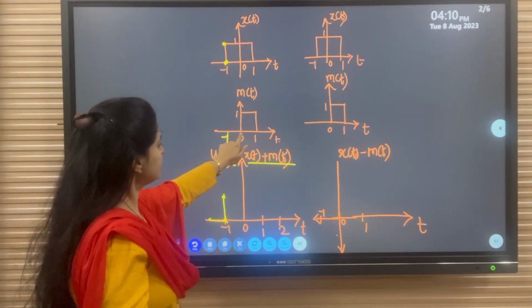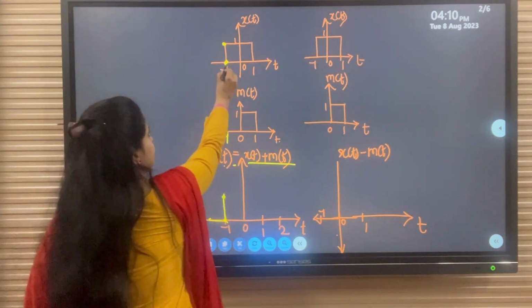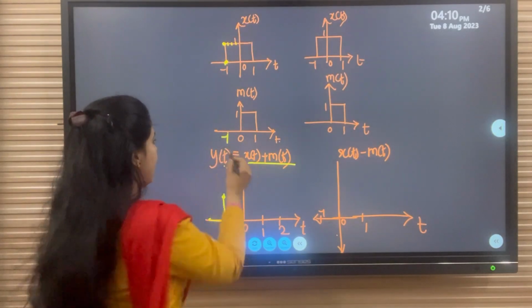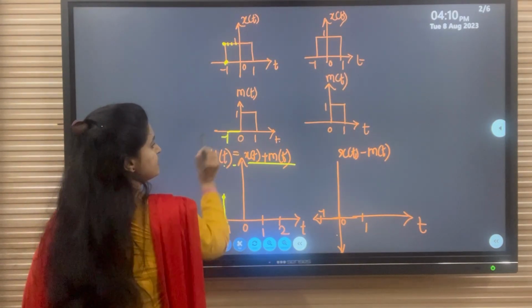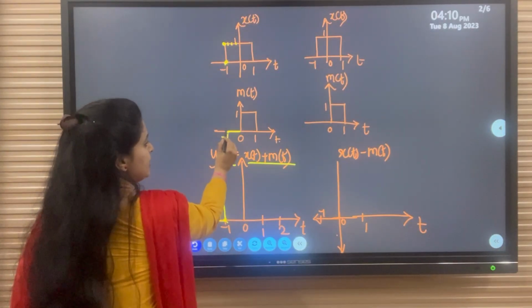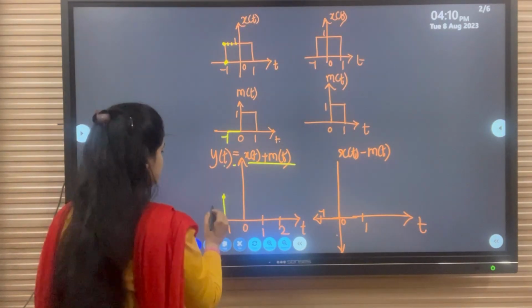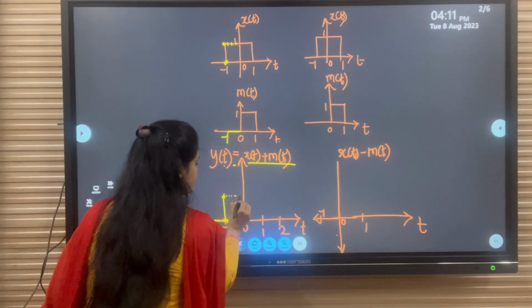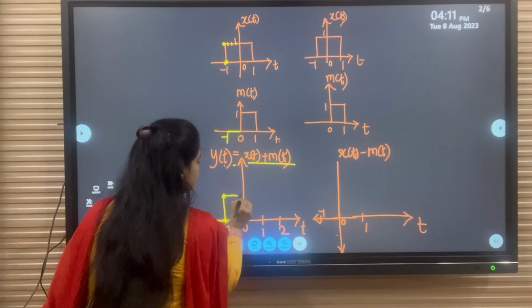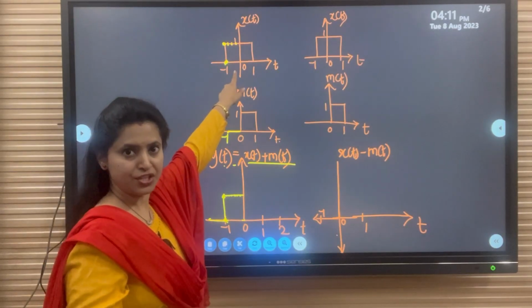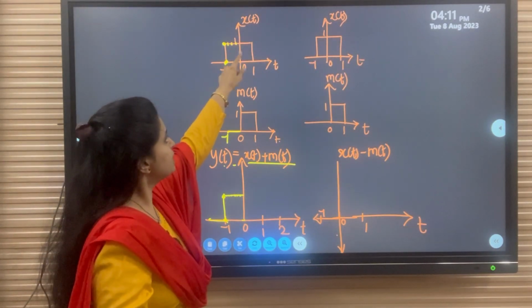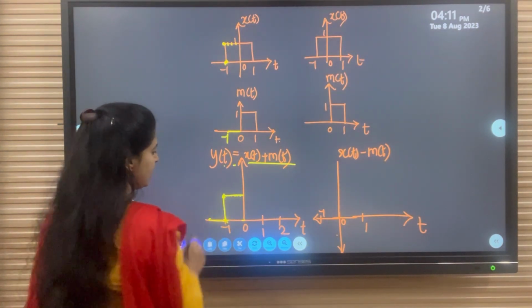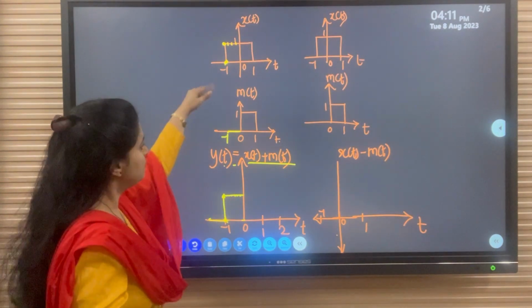Then in the range -1 to 0, here I am having continuous amplitude as +1. And here I am having this amplitude as a 0. So 1 plus 0 is equal to 1. So in the duration -1 to 0, I am having this addition is equal to +1. So constantly means as this signal is continuous time signal, each and every time instant shows that amplitude. So it means that continuously I have to show this amplitude as +1.